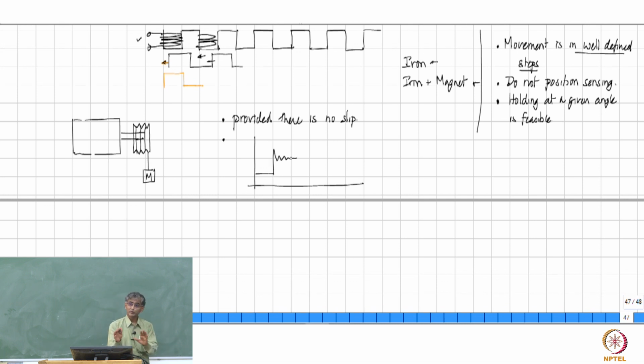Now that must be acceptable for your application. And because it is now going to resonate like this, if your acceleration is too fast, let us say by the time it finishes all this oscillation, you give the next step, then you will lose control of the system completely, right? It will just only begin to oscillate and make noise, and nothing will happen the way you require it to be, right? So these oscillations also have to be considered. Therefore, you cannot have too fast an increase in speed, and that therefore has to be considered.